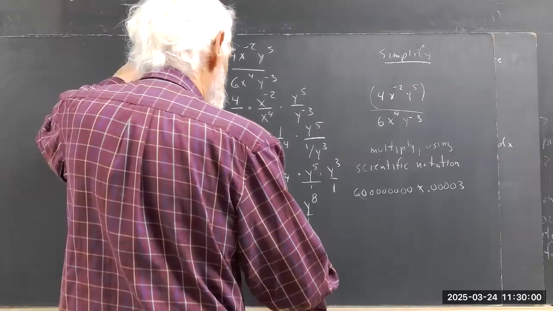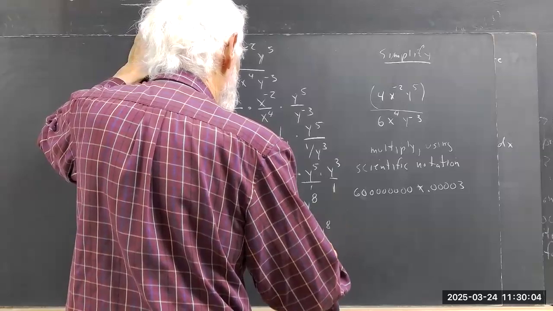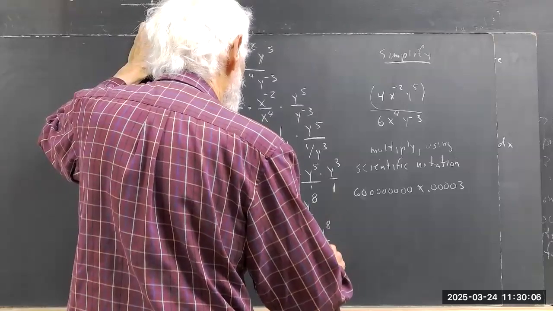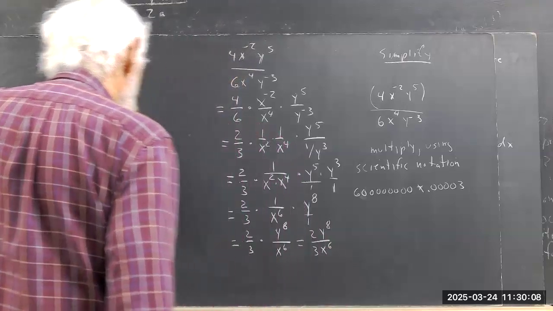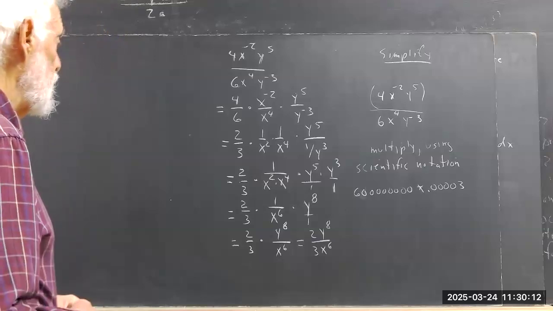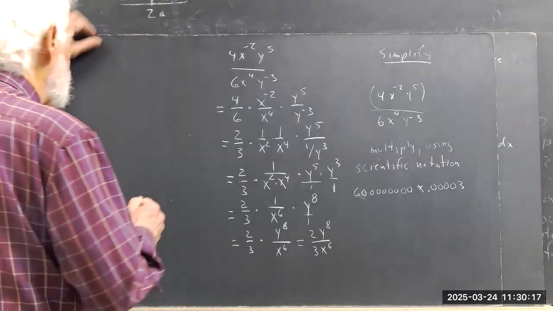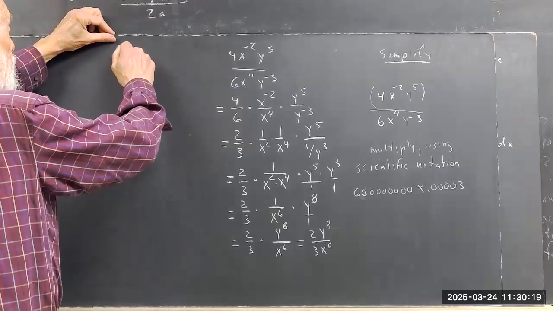And I guess we go one more step. That would be 2y to the 8th over 3x to the 6th. Now, if we do this a little more efficiently,